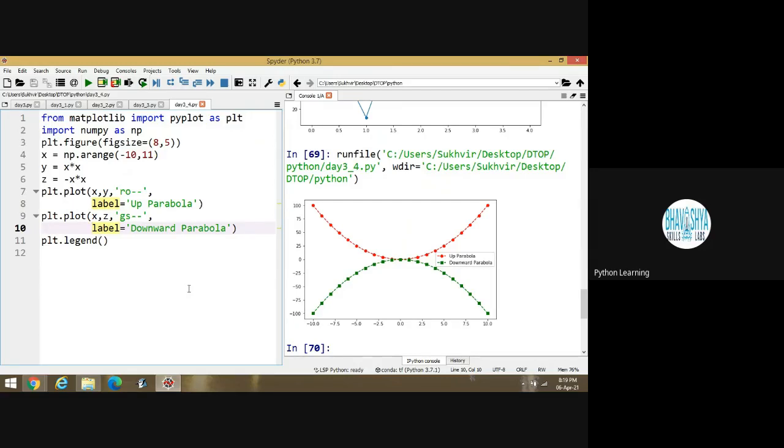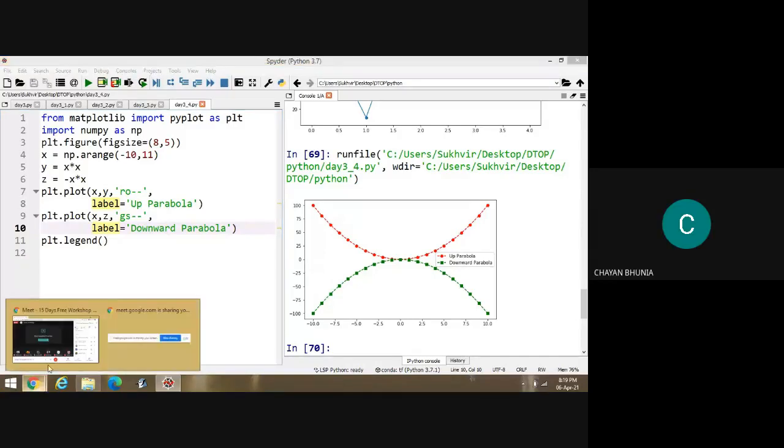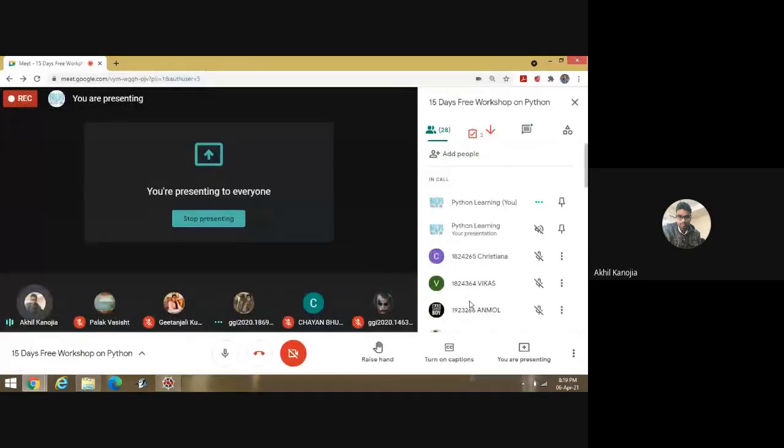And now the question is, suppose I have to design these graphs in separate windows. Then what to do? Multiple graphs in separate windows. I will discuss that content in tomorrow's lecture, and also how we can implement grid points, and then designing of these graphs in multiple windows. Is it okay? Yes, sir.